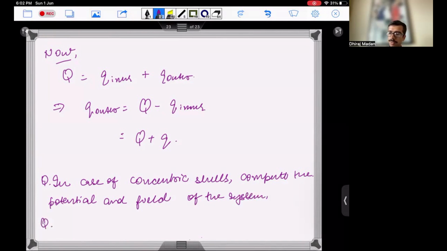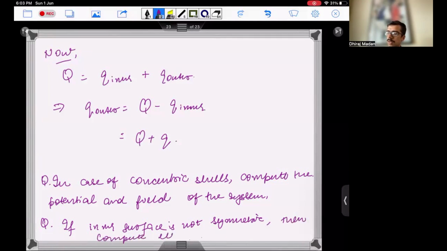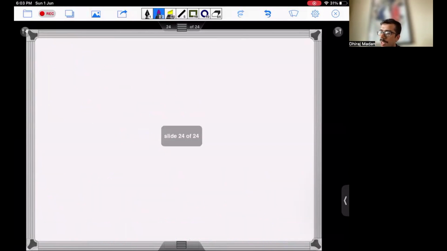And second is that if the inner surface is not symmetrical, or basically if it's not a concentric sphere, then compute the electric field outside basically the conducting shell, outside the shell. Okay, so these are the questions, these are the homework problems for today, and let's solve another interesting problem which